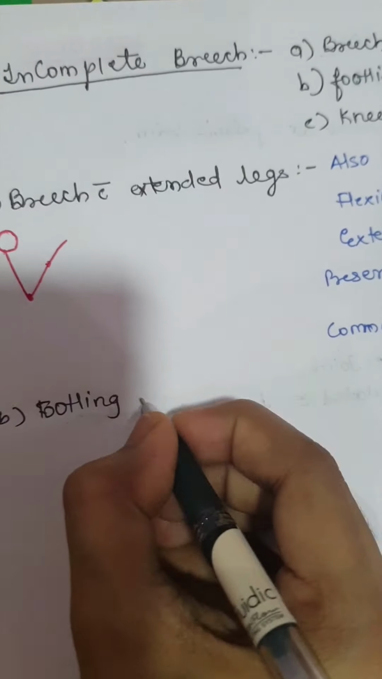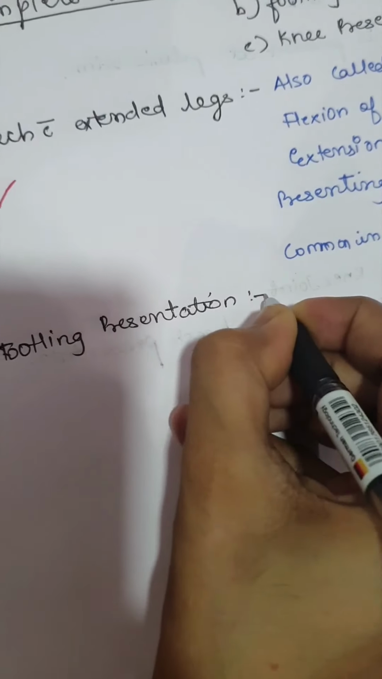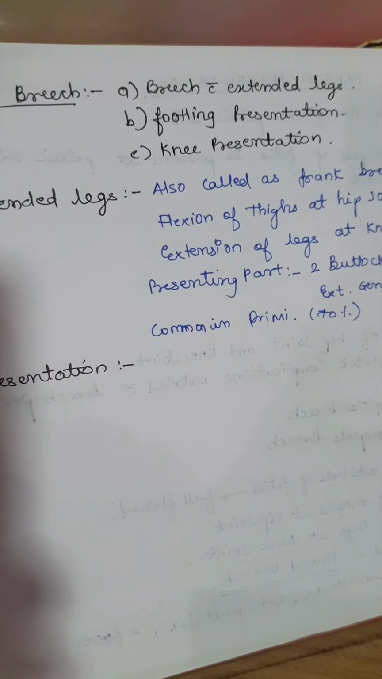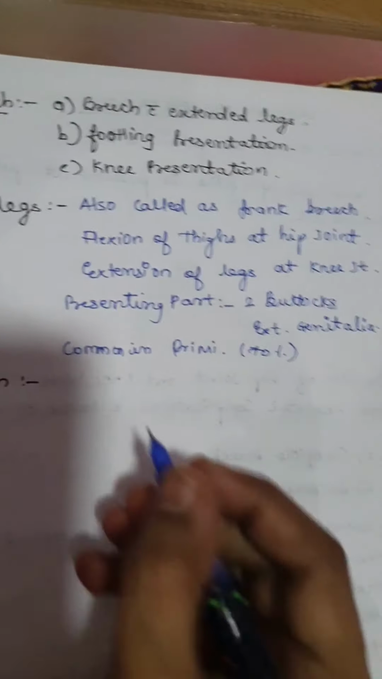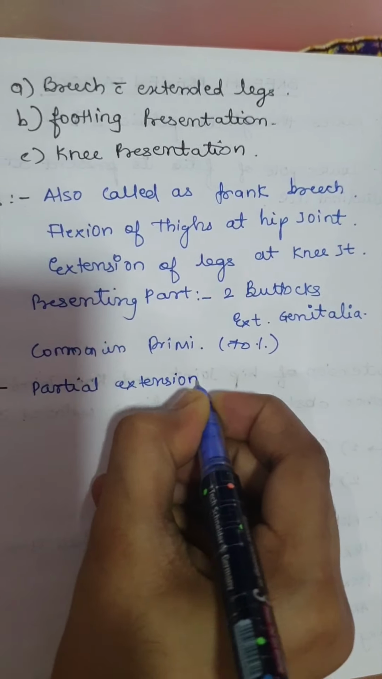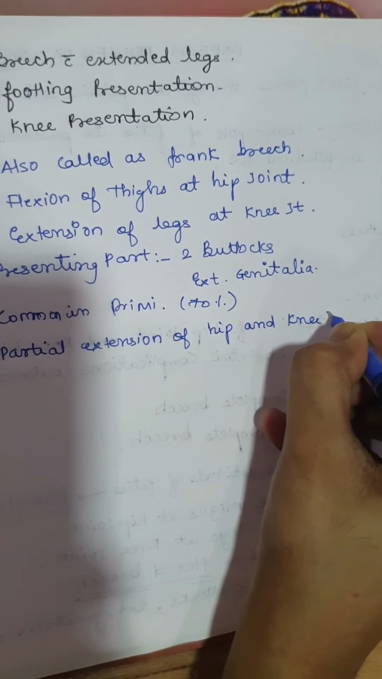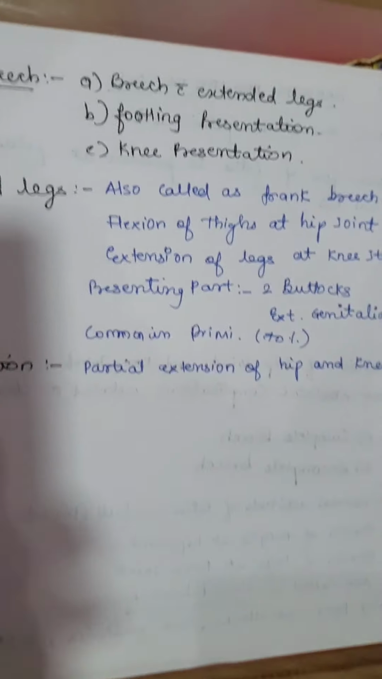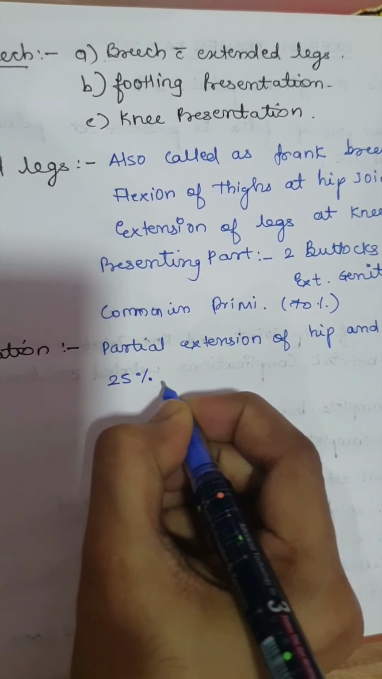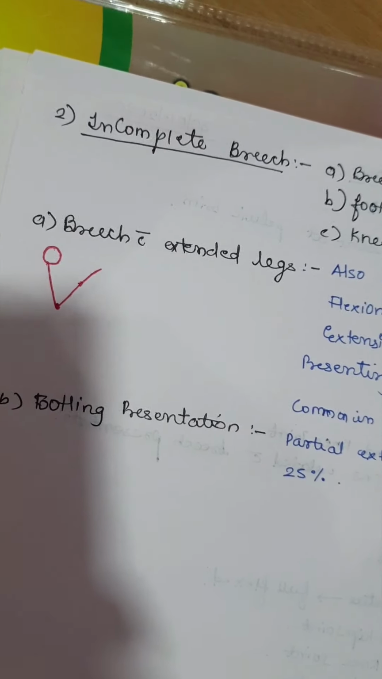The name itself suggests that the presenting part will be the foot. Over here there is a partial extension of both hip as well as knee joint, and this is the second most common breech presentation. So 25% of the breech will be the incomplete footling presentation, and this also we can show by the schematic